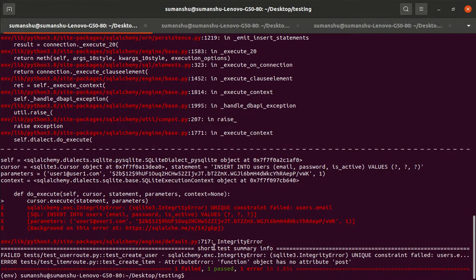Okay, integrity error. So it looks like user1 exists. Function has no attribute post. Unique constraint. So test create user fails because of the unique constraint, that is valid. So maybe that user already exists. So let me check which users exist.